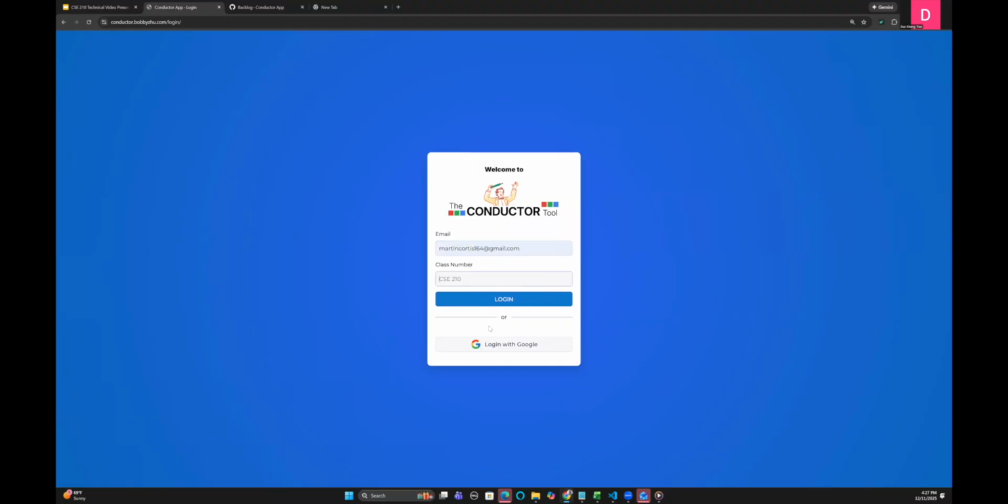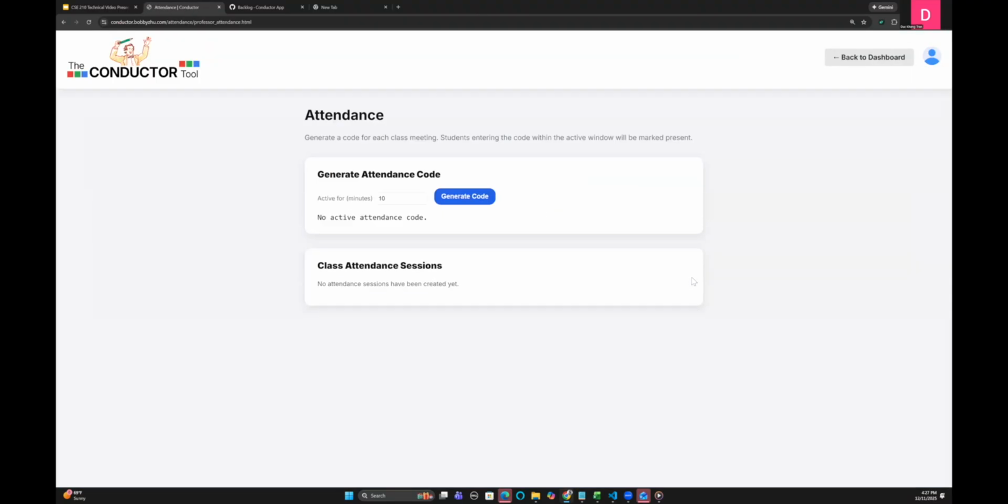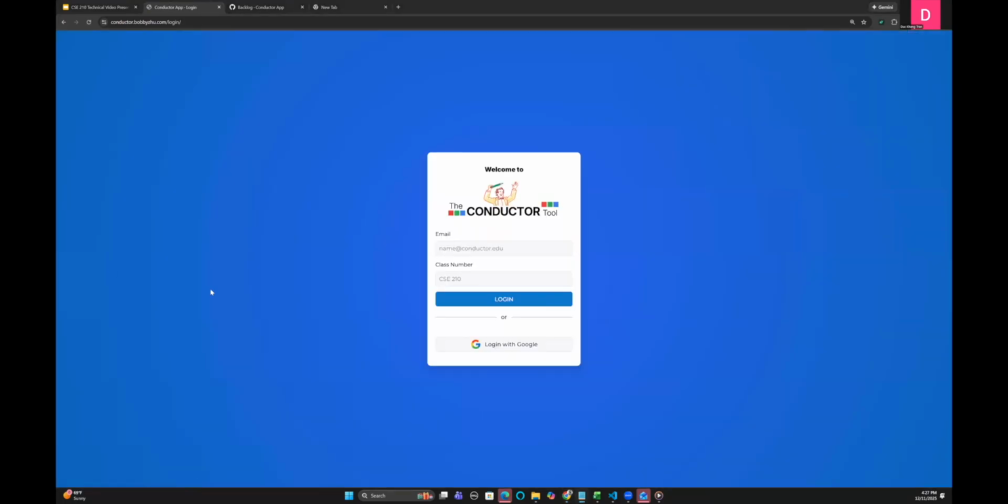Similarly, if I go to the professor, in the professor view, he will be able to generate the code for class meeting, right? Right now there's no student submitting the code, so it's failing to load any student because there's no student yet. So I will copy that code and then